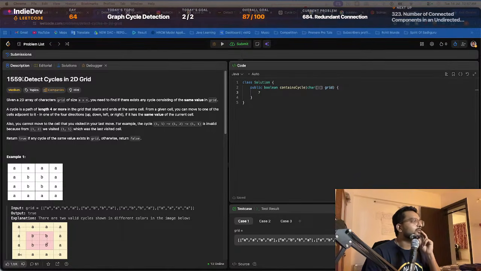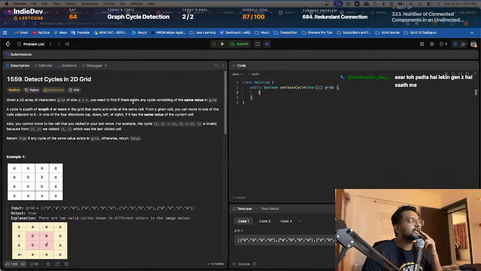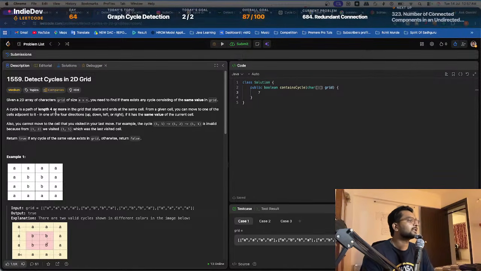Okay, let's read the problem. Detect cycles in 2D grid. Given a 2D array of size m cross n, you need to find if there exists any cycle consisting of the same value in the grid. A cycle is a path of length 4 or more in the grid that starts and ends at the same cell. From a given cell, you can move to one of the cells adjacent to it in one of the